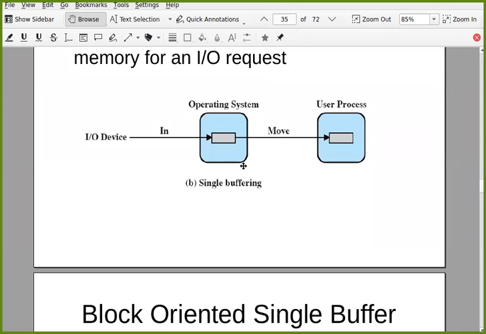So while it is loading block 5 and moving that block to your process space, in the meantime it is also loading blocks 6 and 7. It assumes that you may require them, and with that, it is saving your time.